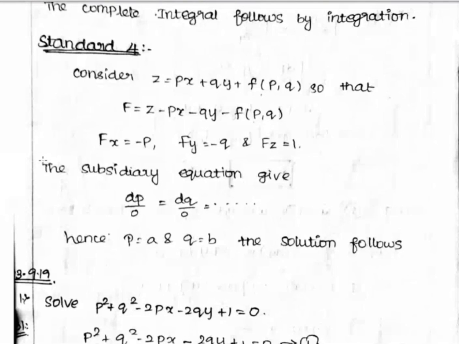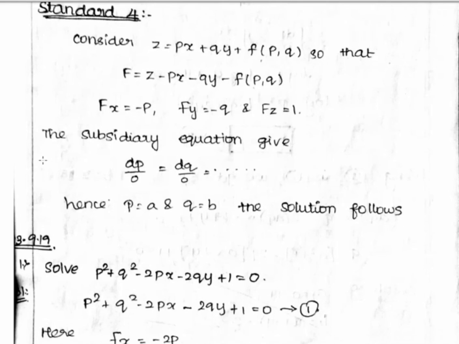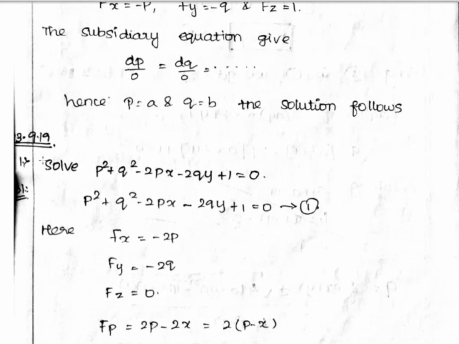Whatever you see in unit 4 is common to Charpit's method also. So here also there are four different types of given equations and four different types of solutions, which you can calculate from these standard types. Normally, if the equation is in the form x, y, z, p, q, you have to differentiate with respect to x, y, z, p, q, substitute in the Charpit's method formula, and equating the ratios, you get the solution.